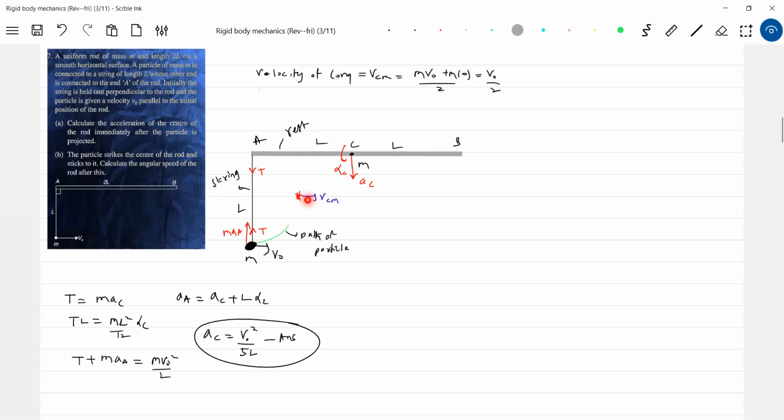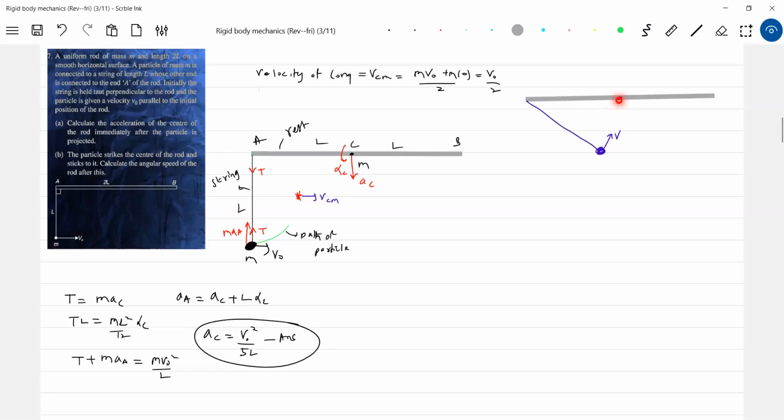Okay, let's do one thing. Tension is there. What is the net force on the system along the x-axis? Even when this particle makes some angle, then also the net force on the system will be zero, no? I'm not sure whether it will be in the diagram, so just for our understanding purpose, I'm bringing it. So this will be the particle. It will be having some velocity.